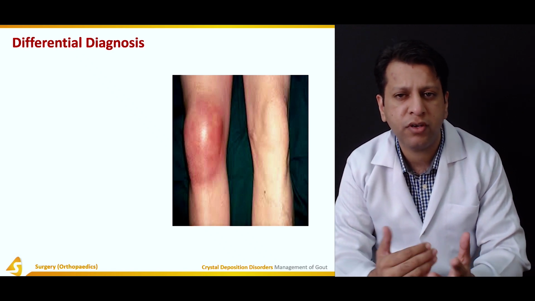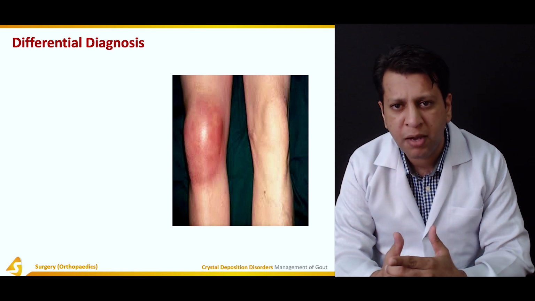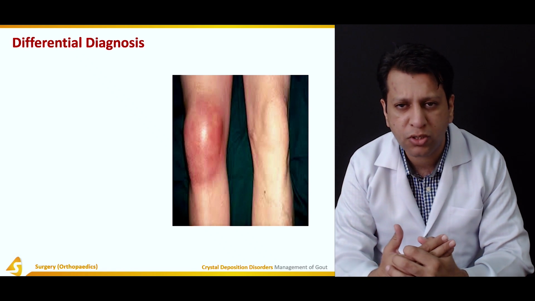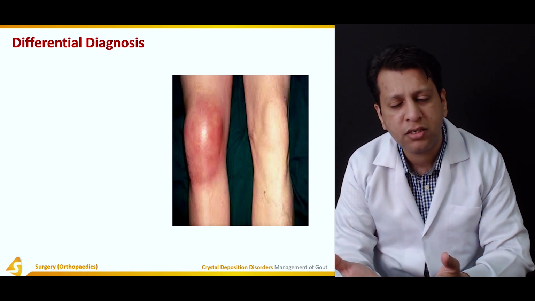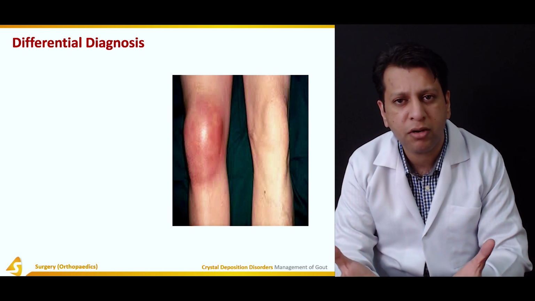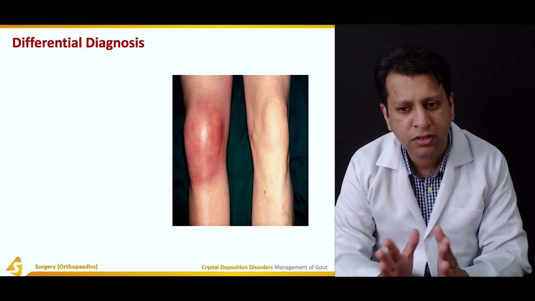Most likely, if there is no history of fever, the patient's labs, let's suppose CRP, ESR and blood CP, are within normal range, and uric acid is high, then this is most likely going towards gouty arthritis or an acute flare-up of the gout rather than infection of the knee.